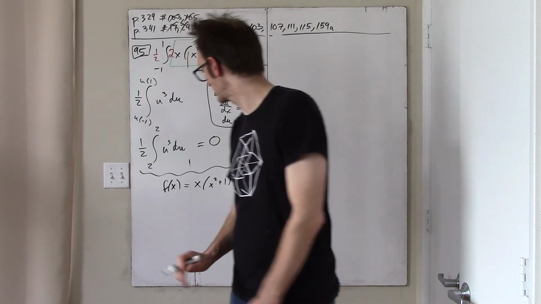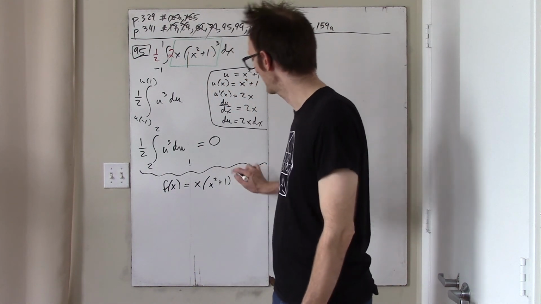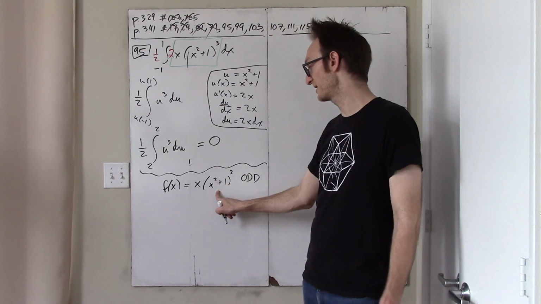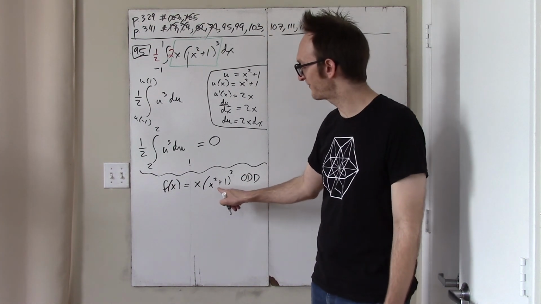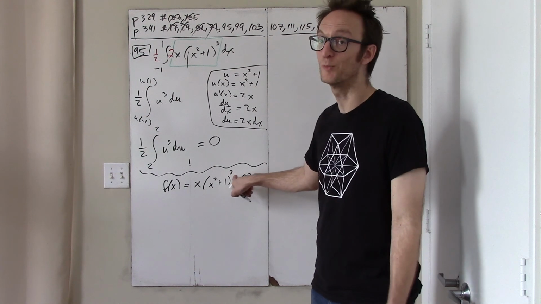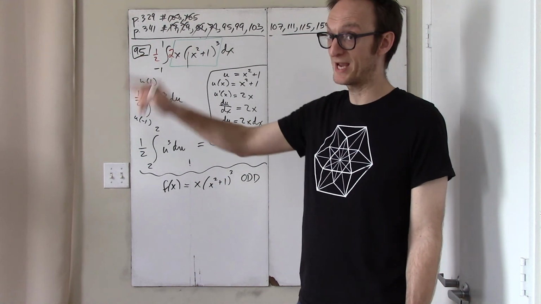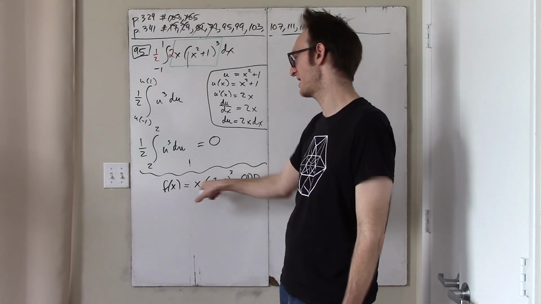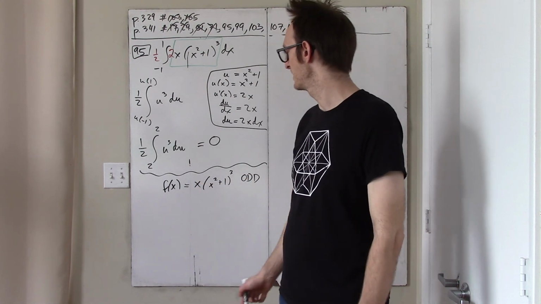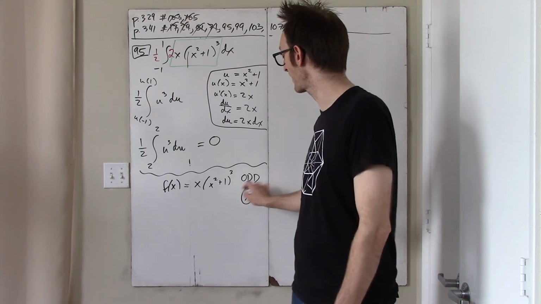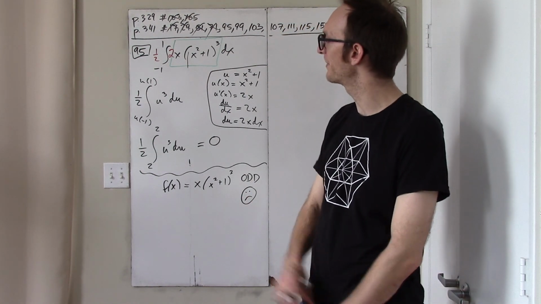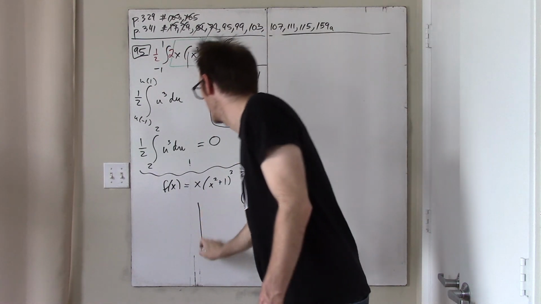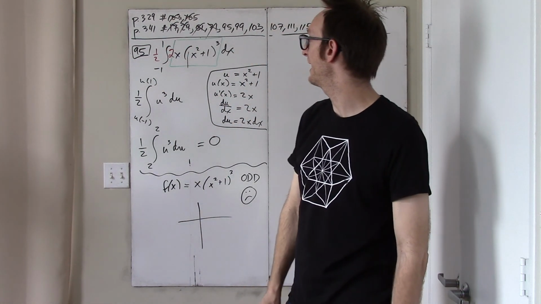Okay, this is just a dumb problem because, in fact, this function x times (x squared plus 1) cubed is odd. This is an odd function because x squared plus 1 is even. So if you take an even function and you cube it, that's like multiplying an even function by an even function by an even function, that's still even. But x is odd, and the product of an odd function and an even function is odd. So since this is odd, I'm sad because I wasted a lot of time talking about this problem. I should have just noted that it was odd, and since we're integrating from -1 to 1,